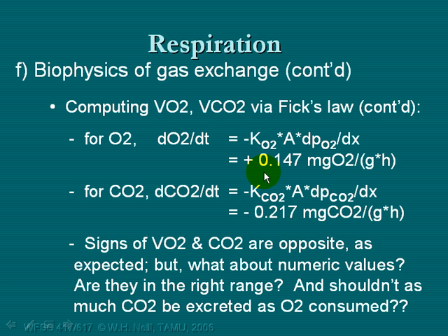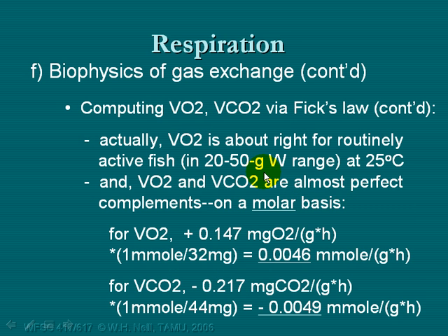It's the fact that the molecular weights of the two gases are different. And so when you convert things to a molar basis, which is the argument that you have to make, it's not a milligram of oxygen used per milligram of CO2 excreted. It's a mole of oxygen used per mole of CO2, or millimoles. And when you do that conversion, VO2 is about right for a reasonably active fish, and VO2 and VCO2 are almost perfect complements on a molar basis, because 0.147 milligrams of oxygen is 0.0046 millimoles,